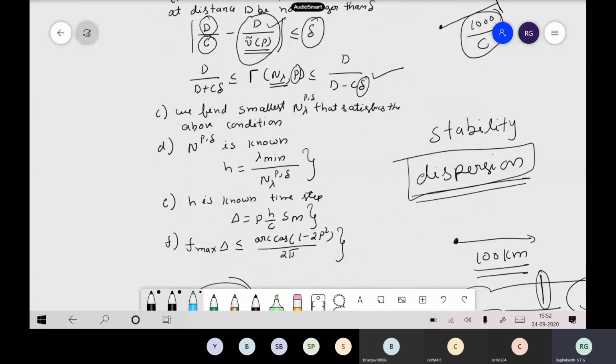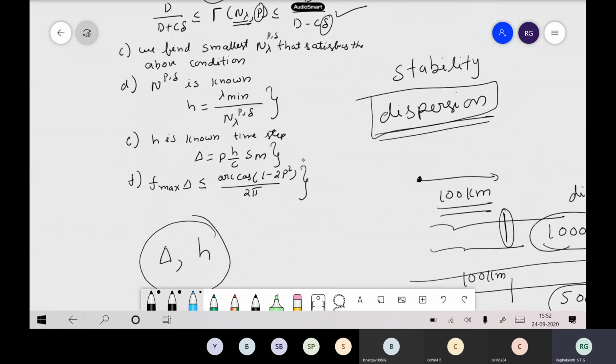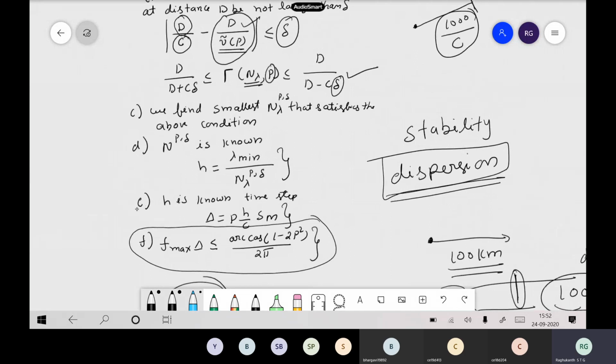Because here what happens, it is not only that you have dissipation, but you also have to avoid this dispersion also. So if you go for this case, dispersion will be minimum. If you follow up to step E, you may get a stable algorithm, but if you want to try to avoid dispersion also, this depends on the F max. So this is one last check we try to do. It is not a method, it is just a check actually. Is it fine?